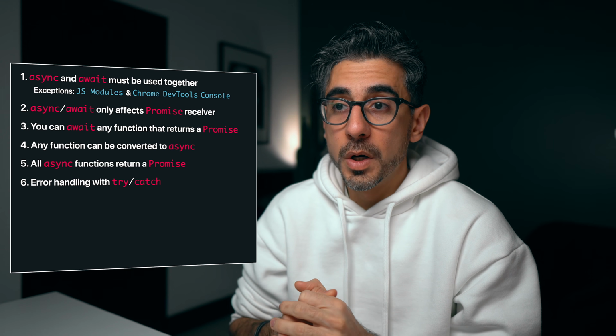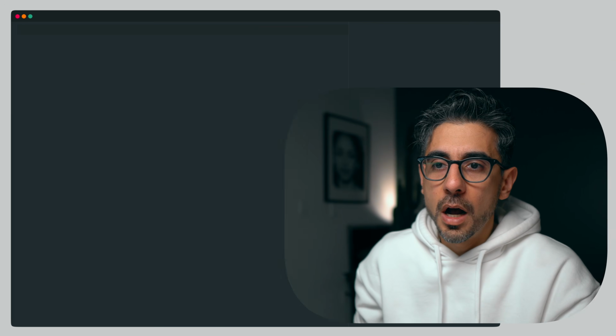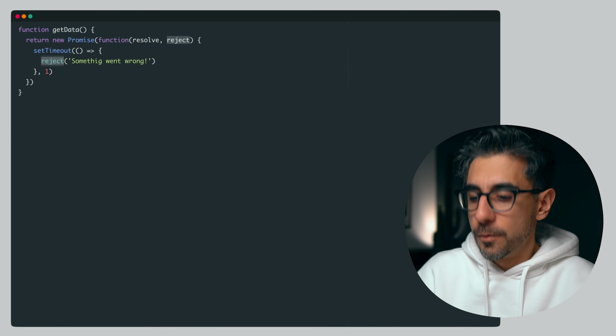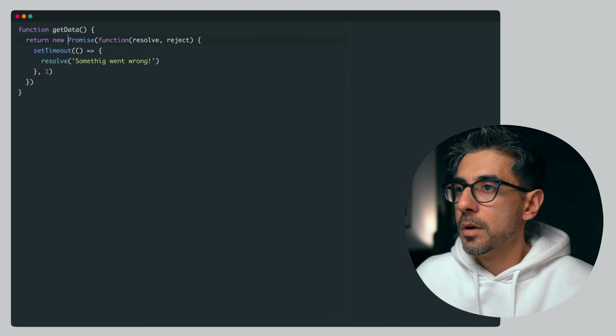You can use a catch block with await, but also you can catch the error using a much more old school method called try catch. Let me show you how it works. So back to the browser. Let me just copy this from here because we already wrote it. And so instead of resolve, this is what we had before,